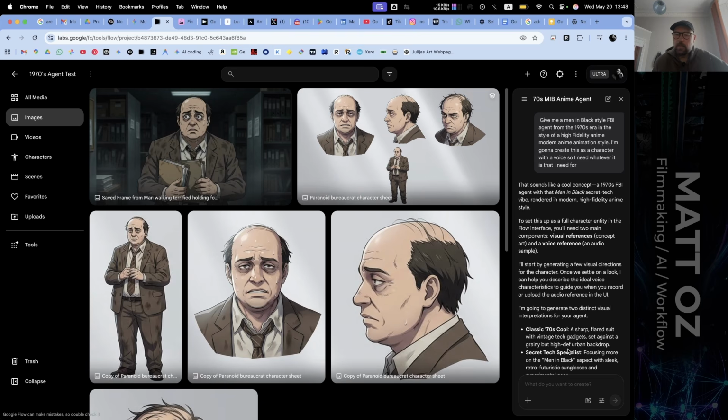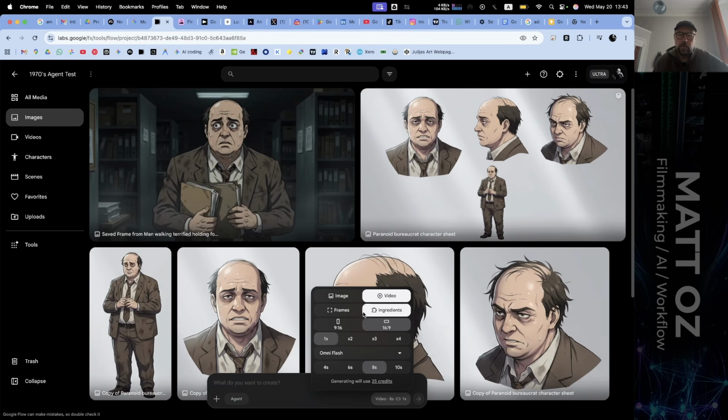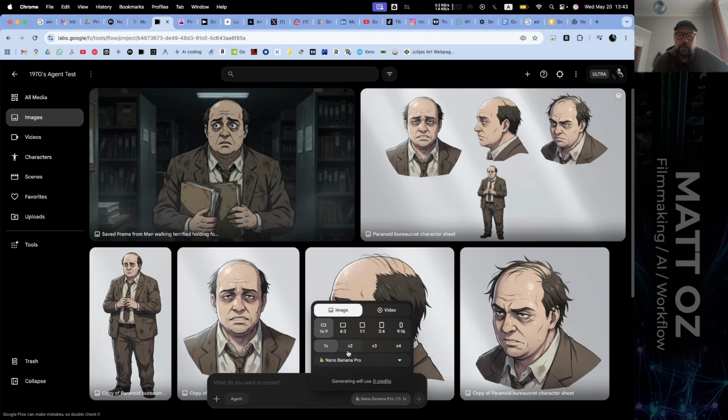Okay, so in the meantime, what I'm going to do is I'm going to kill this agent. You select that to return to your prompts. Always make sure that you're on the model that you want to be on to make sure that you're not burning your credits by accident like I've done countless times. So we're going to go here. I'm using Nano Banana 2, but I think Nano Banana 2 is going to adhere to your technical instructions a bit more. So you'll probably find that when you create your character, it'll automatically switch to that.